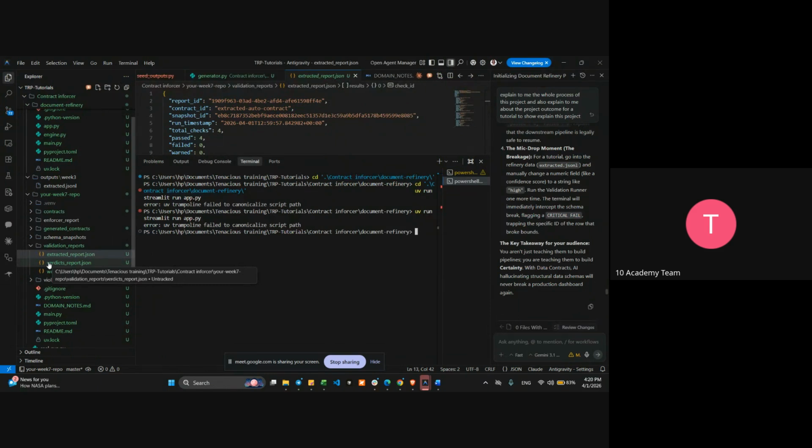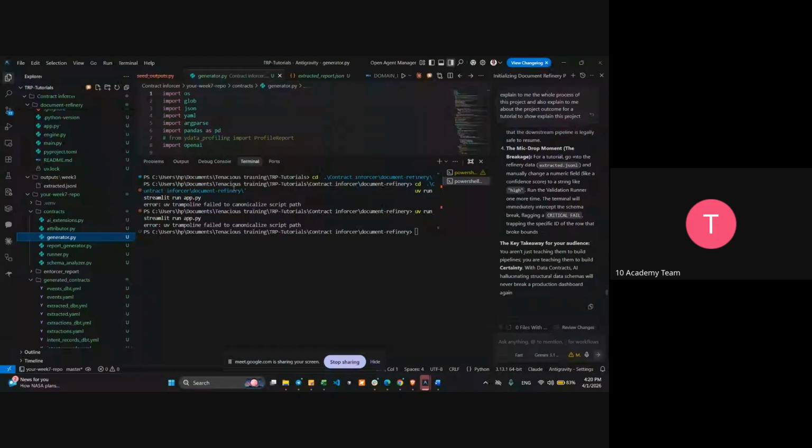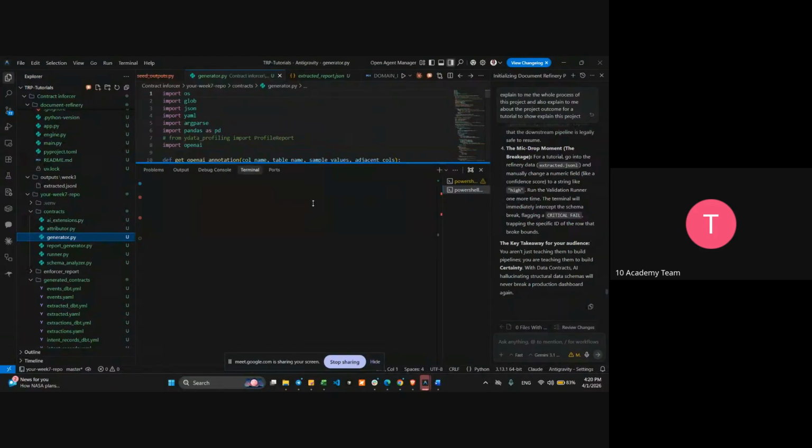We're just going to see the happy paths only for today. What's going to happen is we have the contracts generated based on the generator we have here, based on the outputs coming from the JSON files.